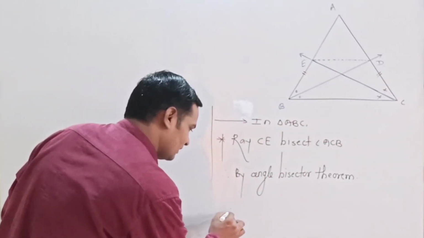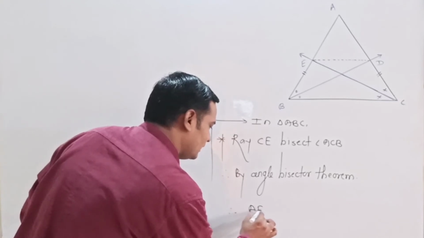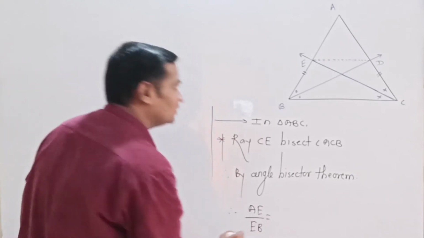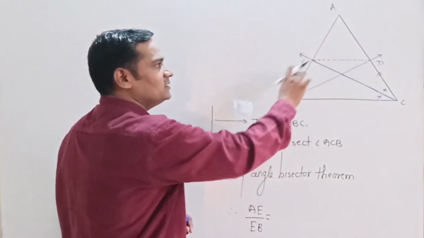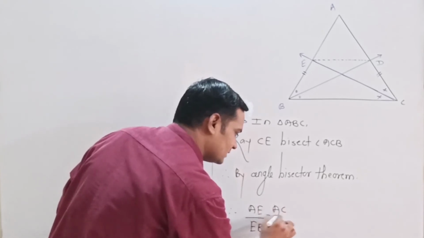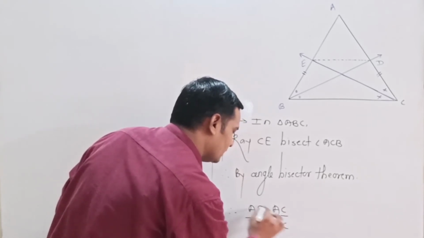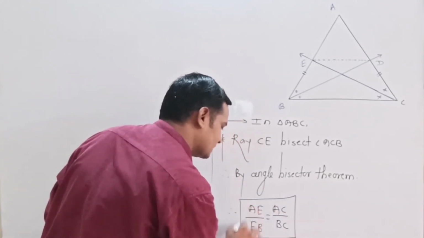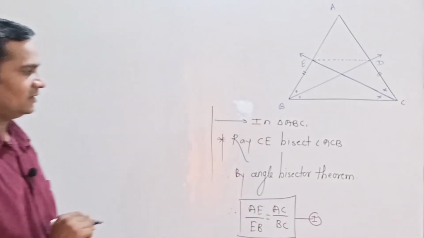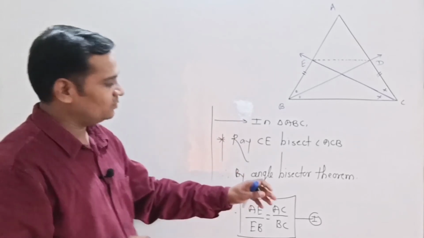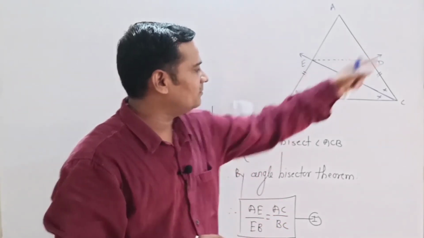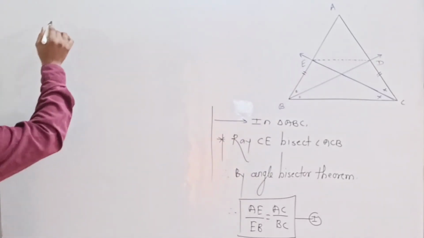Okay. Therefore, AE upon EB is equal to, which are the remaining two sides of the triangle? AC upon BC. Now this is equation number first by using angle bisector theorem. Now similarly we will use the theorem of angle bisector here in case of this ray BD. So we can write here,